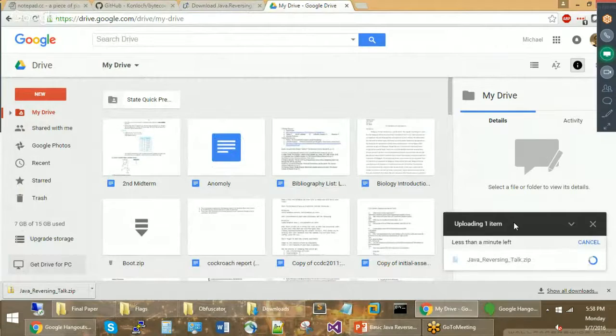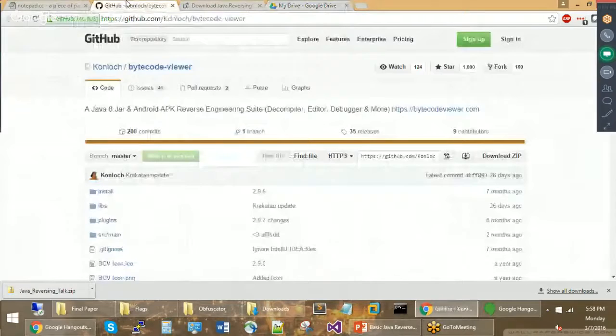Then from the GitHub one, what do you download? The second? Both of them. Yeah, the second one you download everything. Let's see. So kind of,